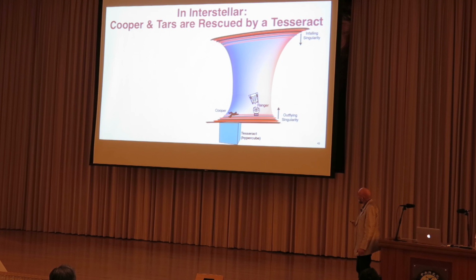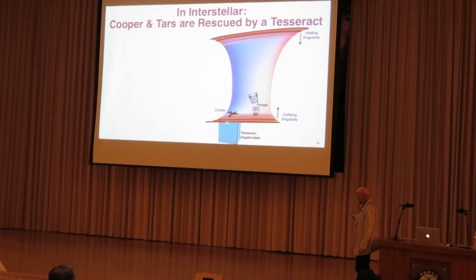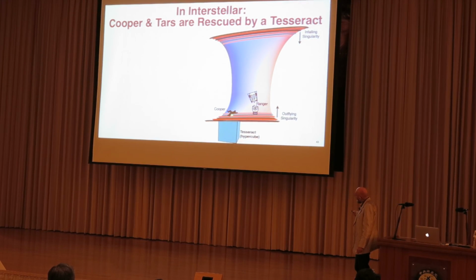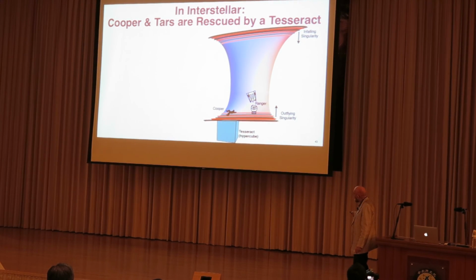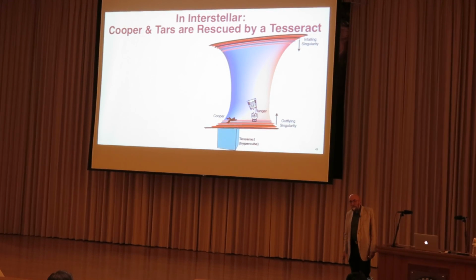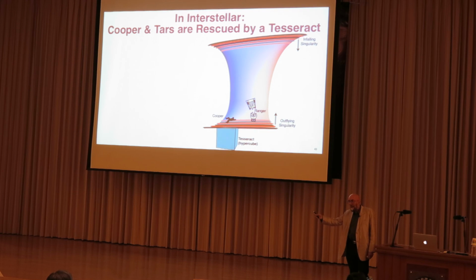So in Interstellar, when Cooper falls close to this outflying singularity, or shock singularity, he's caught by a vehicle called a tesseract, or hypercube, which has been placed there by the bulk beings who in the movie really do exist and inhabit